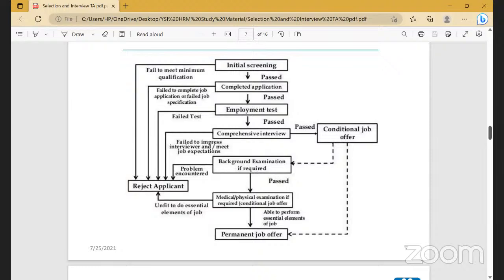Then comprehensive interview. Comprehensive interview is usually taken by 2 or 3 people, generally एक bench बनाकर, so that the panel can decide. Because एक individual के basis पर assessment और evaluation करना is not really a suitable thing, so hence it is required that at least 2 or 3 people are there.